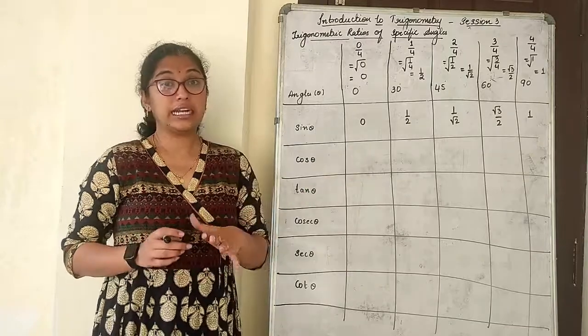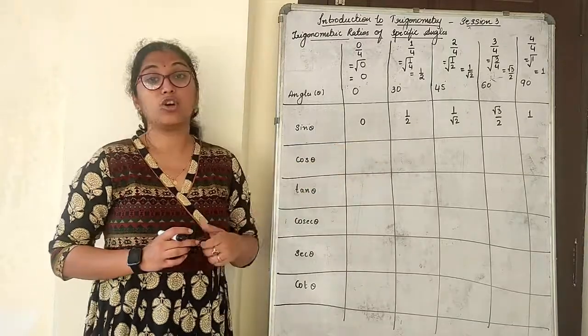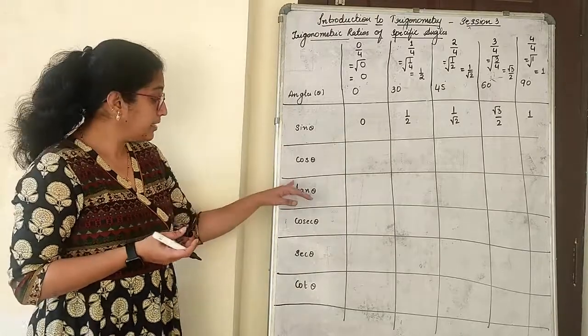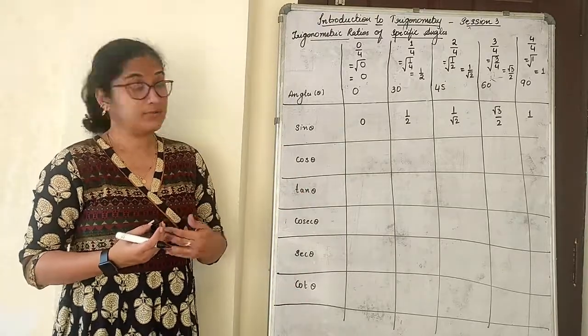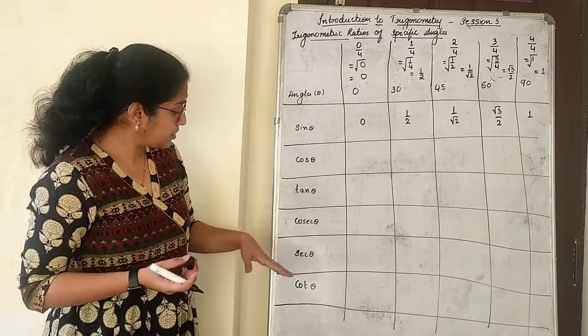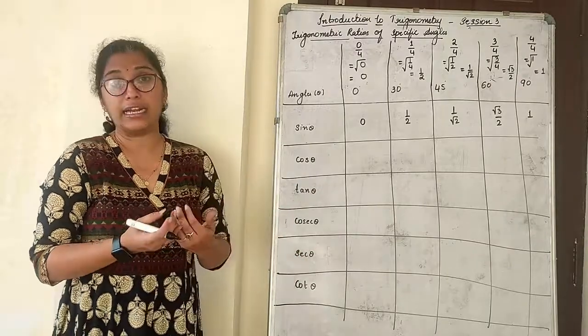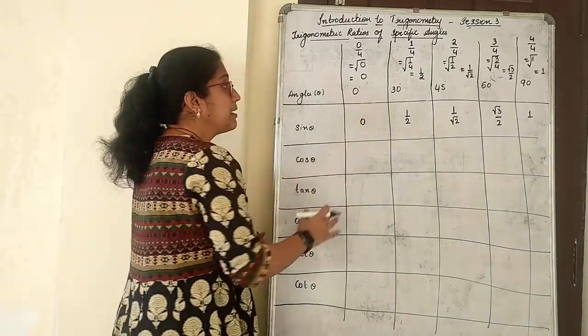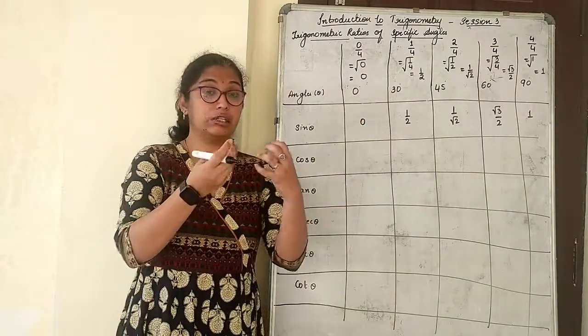Now, understand the trick for the next cos to write. Sin and cos will go hand in hand, I can tell. Tan and cot will go hand in hand. Cosec and sec will go hand in hand. How? Let's understand. Now, always compare, like how did we write the angles?